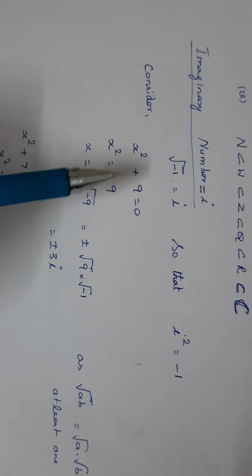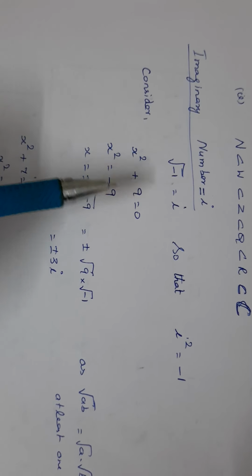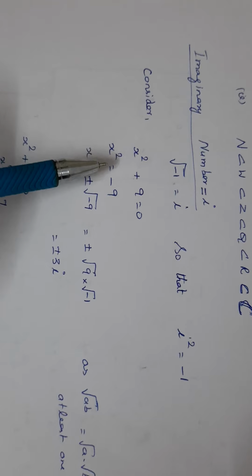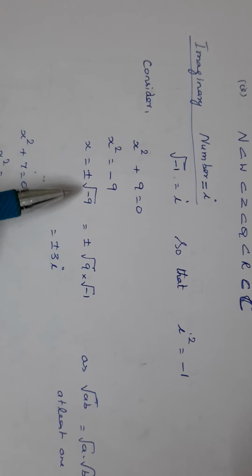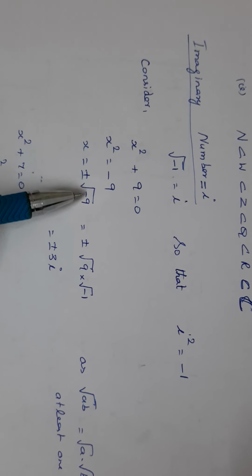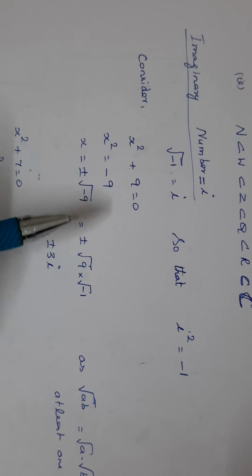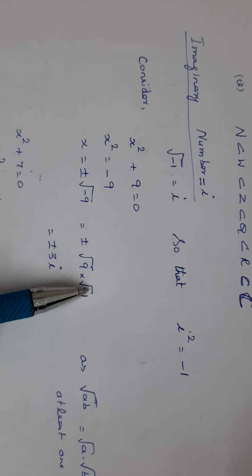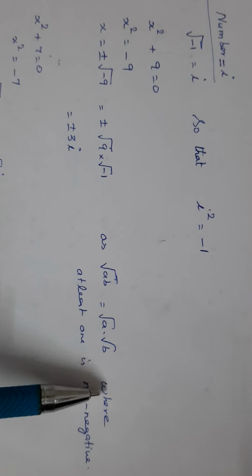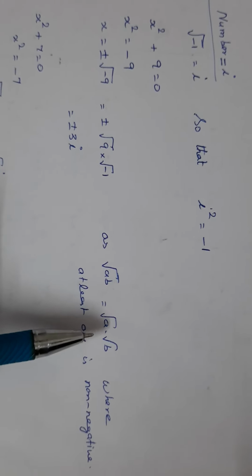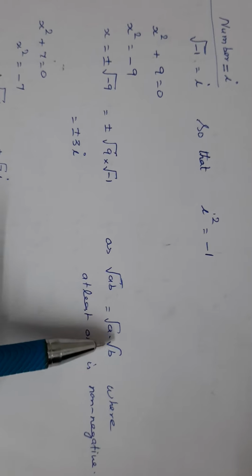Now let us consider some equations. Quadratic equation: x squared plus 9 is equal to 0. So let us solve this. How will you find the solution? x squared is equal to -9. So taking square root, x is equal to plus or minus root of -9. Now here we come across the root of a negative number. Now how to find its value? We can split this as root 9 into root of -1, by the rule root of AB is equal to root A into root B, where at least one should be non-negative. If both are negative, we cannot do this. If at least one is non-negative, we can split this as root A into root B.